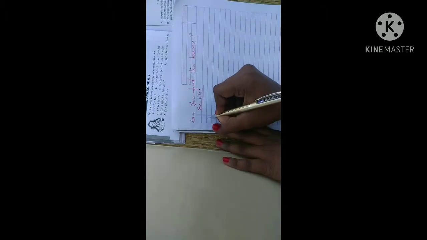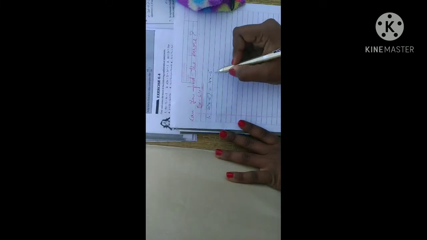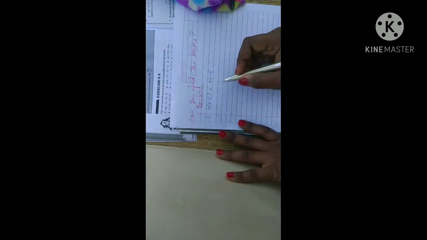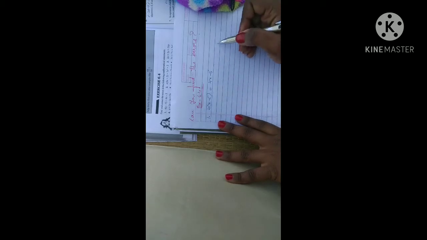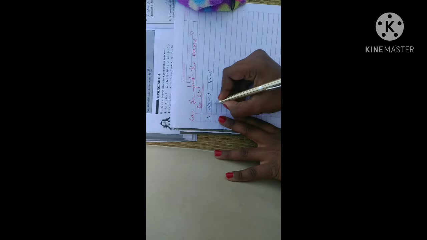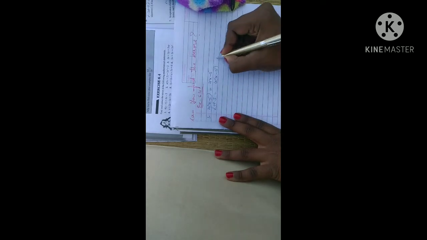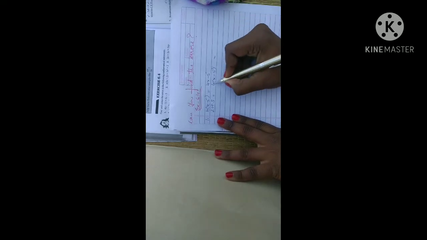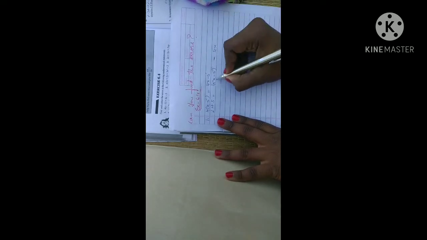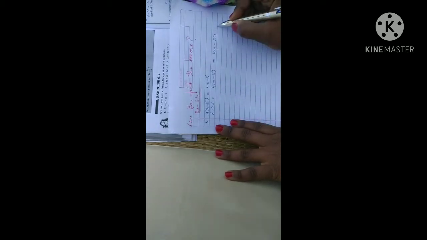So here the first question given is 4(x minus 5) equal to 4x minus 5. So what we have to do is, we have to verify whether LHS is equal to RHS or not. So first we are going to solve LHS, that is 4(x minus 5), which is equal to 4x minus, 5 4s are 20. Okay, so this is your LHS.